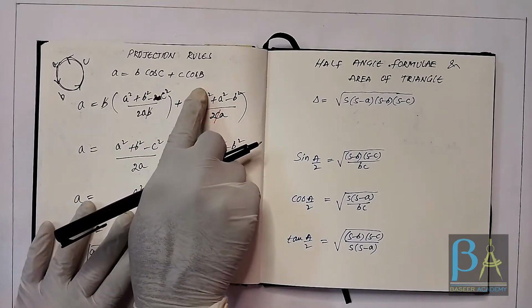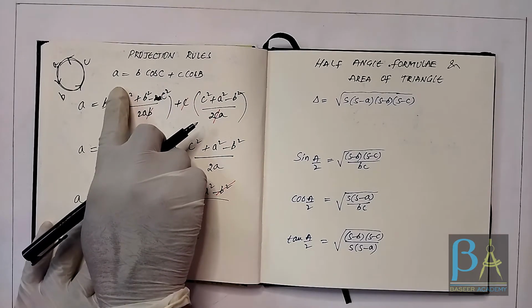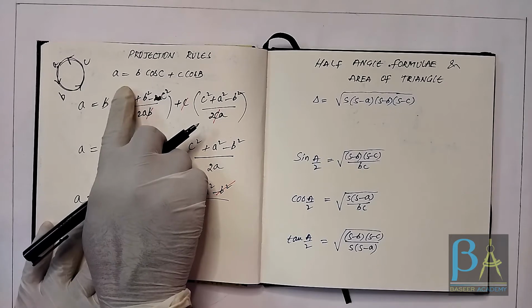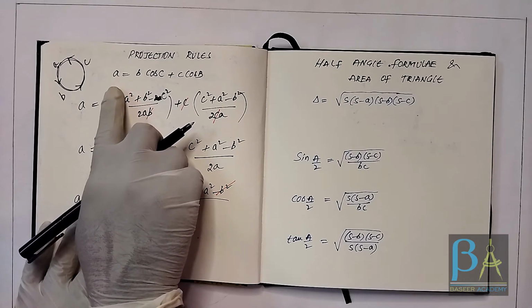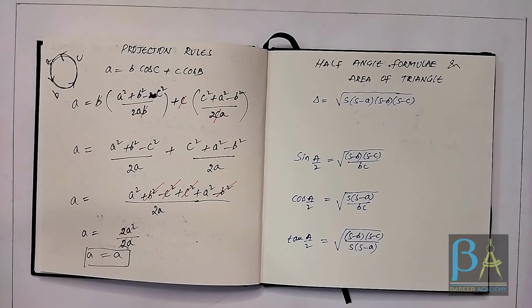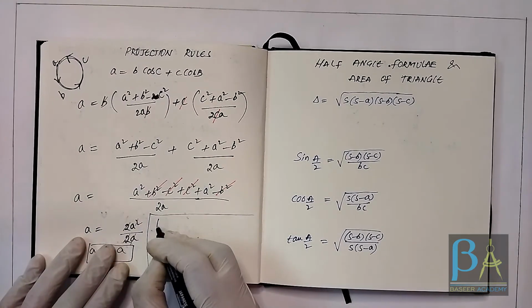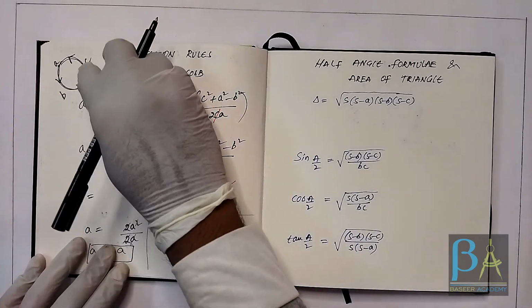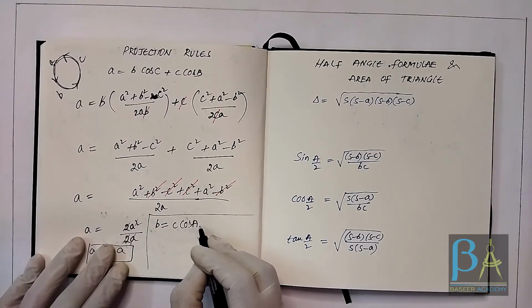If you understand this, obviously since you have three sides in a triangle, you would end up getting three projection rules here. One for small a, and then obviously you would get one more for small b, and then you would get one more for small c. Let's see how many of you can help me in writing what small b is going to be like. Small b, after b what do we have? C and a. So I'm going to write c and then I'm going to write a,